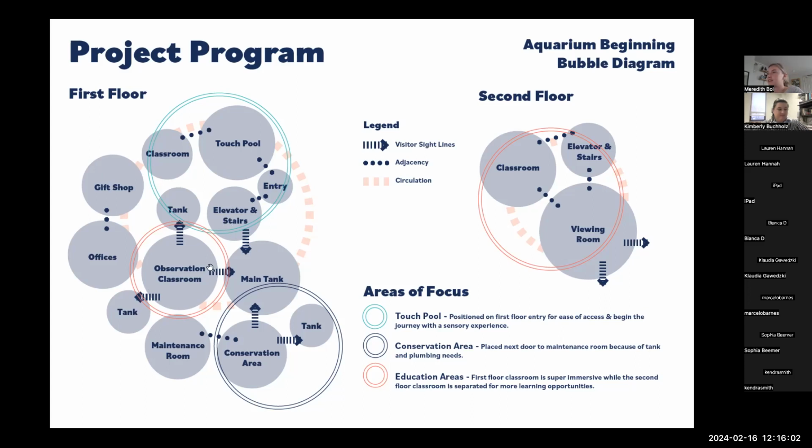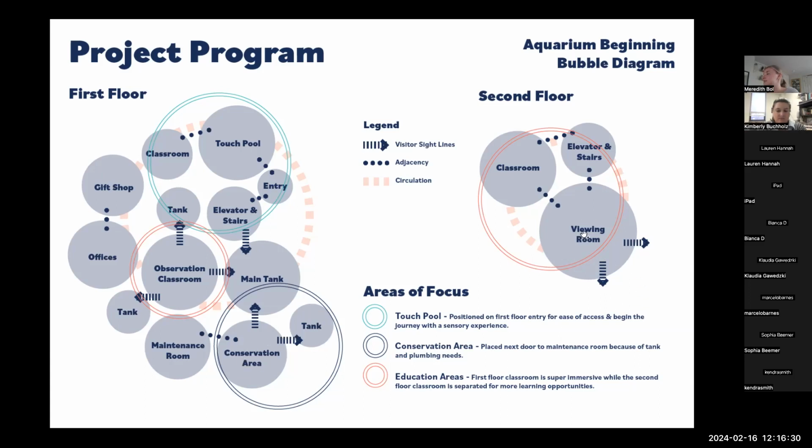And then there is going to be an observation classroom that is smack dab in the middle of these 3 tanks here. That will allow you to be fully immersed. Obviously, you're not swimming in the tank, but there's glass on the sides, and you're going to feel like you're inside. And then the conservation area, on the side right here, there's going to be a tank, and I want to combine it upstairs too.